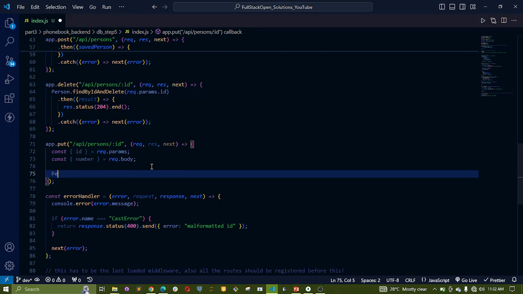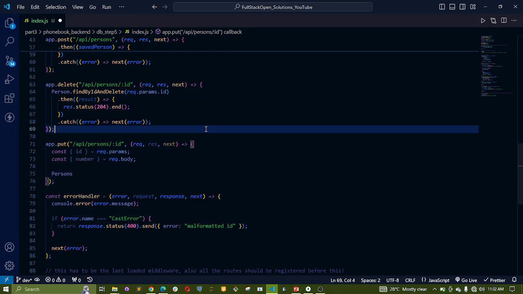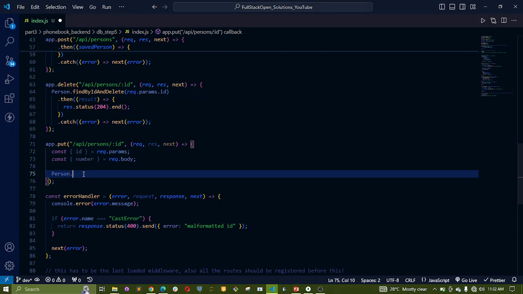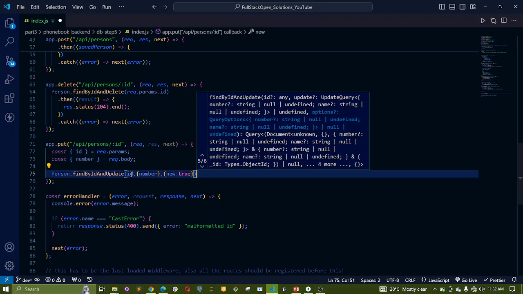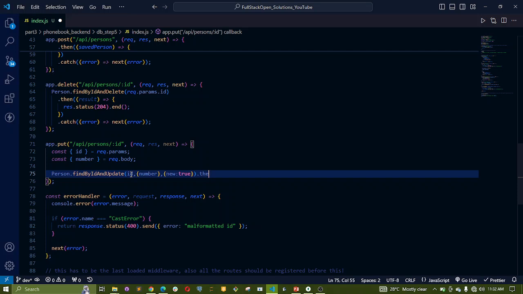So we simply say Person, which is coming from the database, dot findByIdAndUpdate, right? This is a method we get from MongoDB. Now we want to target it using the ID, and then we want to update the number. We also want to set new to be true so that nothing breaks. Now new is true, right? Okay. Now we know this is going to return a promise, so we say dot